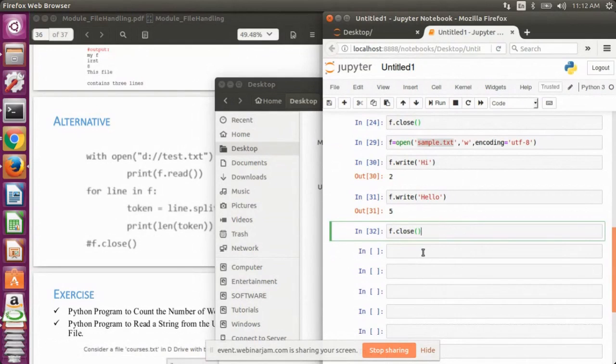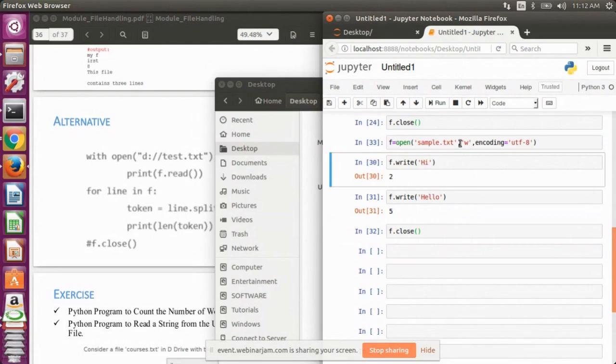So now suppose if I want to edit or basically write some more data in my sample file, I need to open that file again. So I will execute the command. Suppose I write the same statement. First two statements are same, hi and hello.